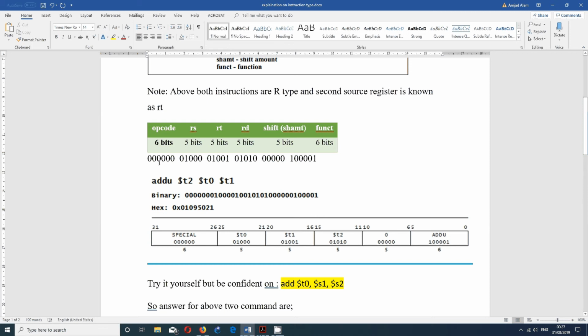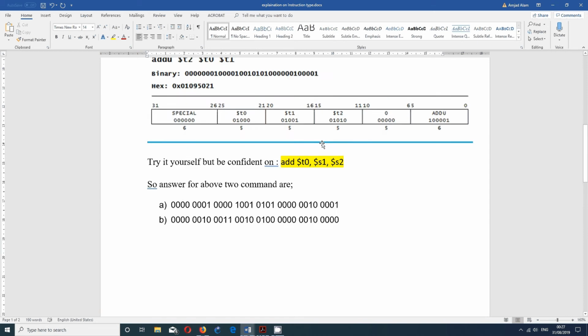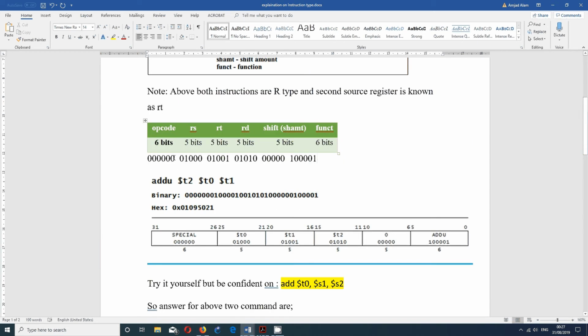So either you can leave the answer like that, or you can just make it. I think I'll prefer you all to leave the answer like this, so that it makes it clear and easy for you, as well as for whoever marks it. It'll be easier for them to understand. Okay, so now try this question, exactly the same thing, and again the opcode and the shift